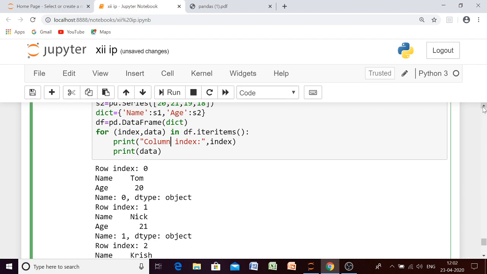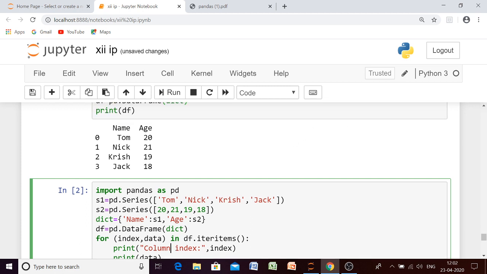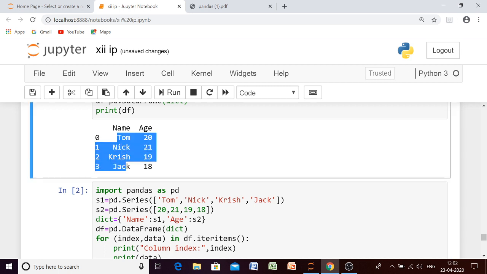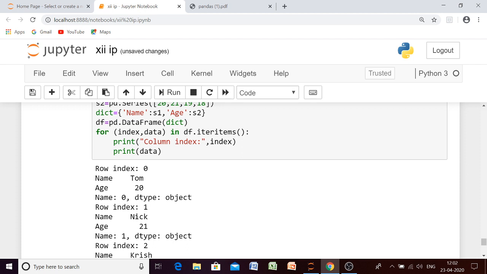Okay, so as per our code, what should be our result bete? As per our code, the result should be what? We will get the first column, then the second column. Okay, so this should be our output. Let us check what we are getting, because column wise data we will have, since this one is the iteritems function, it will give us the data in column form. So let us execute this one and see what we are getting.